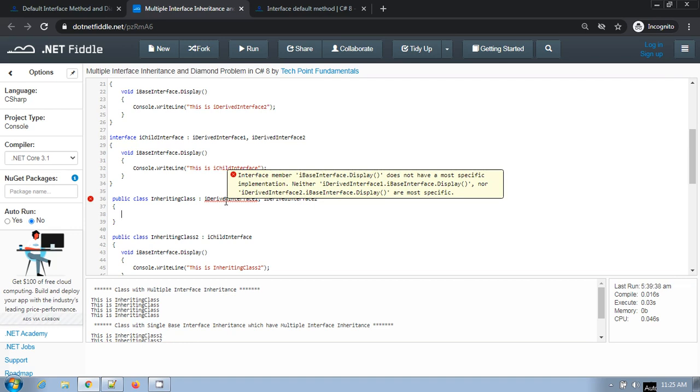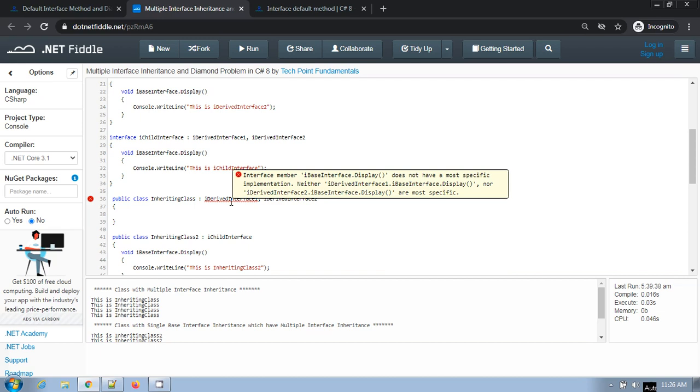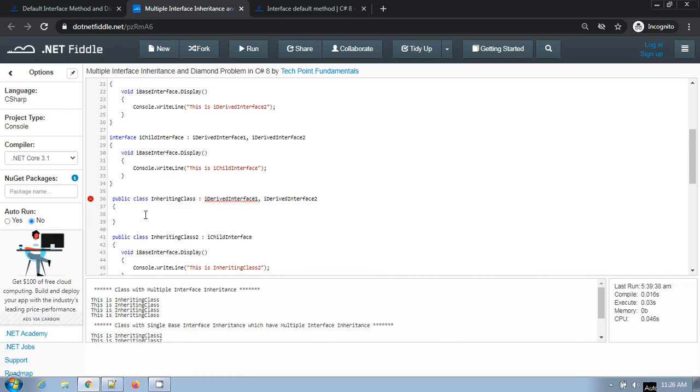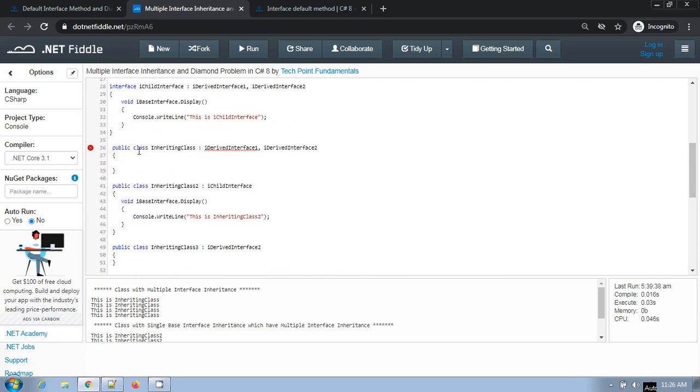It is providing me the compile time error because it is not finding any most specific implementation for this display method, right? So you have to define the body implementation for this interface member, because it is implemented here and here, but not in the class.